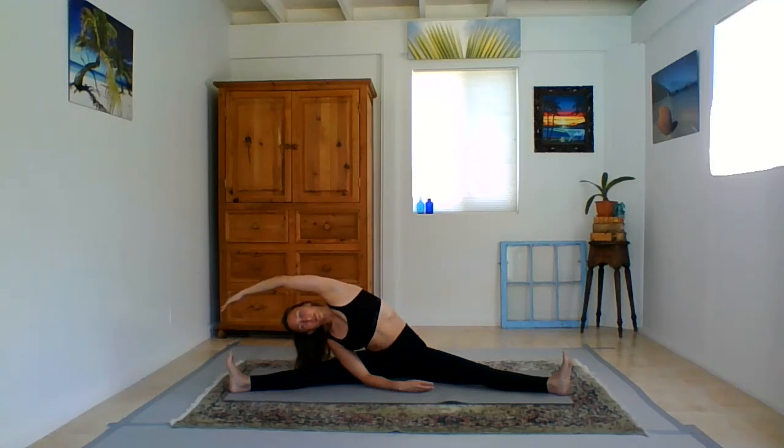Good, inhale. As you exhale, back up. Switching those arms, finding some length before you bend to your side. Check that those toes are still pointing up towards the ceiling. Good, breathe in, breathe out, and coming up. Bending forward, maybe a little bit, maybe a lot. Let's go ahead and let those feet relax. Again, finding that length out of the spine before you find any curve. And coming up,